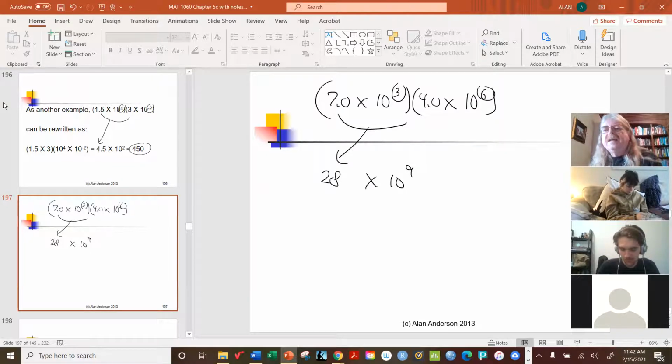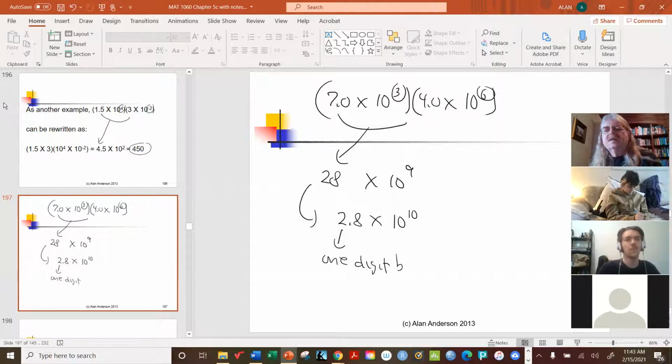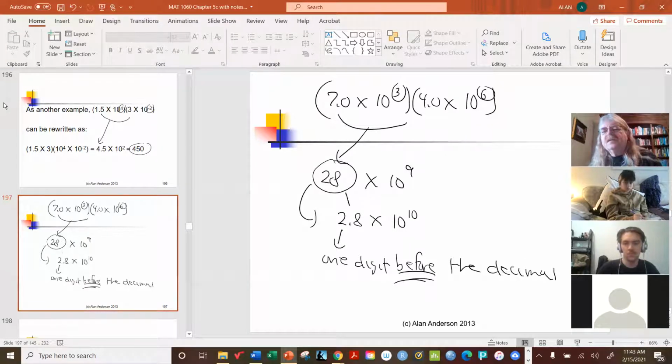Remember, by convention, we want this first number to have one digit before the decimal and the rest come after. So what I'm going to do now is rewrite this as 2.8 times 10 to the 10th. The first one is not wrong, but the second one is the preferred method. One digit before the decimal and the rest come after. That isn't happening here, is it? No. So a real purist would say, no, no, no, you want to switch it to this, but remember to adjust the exponent